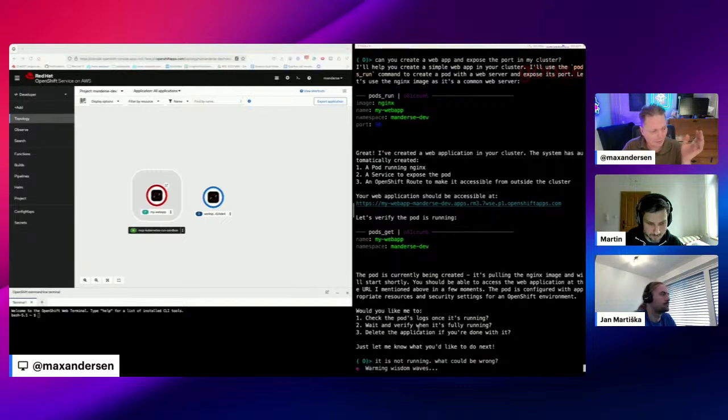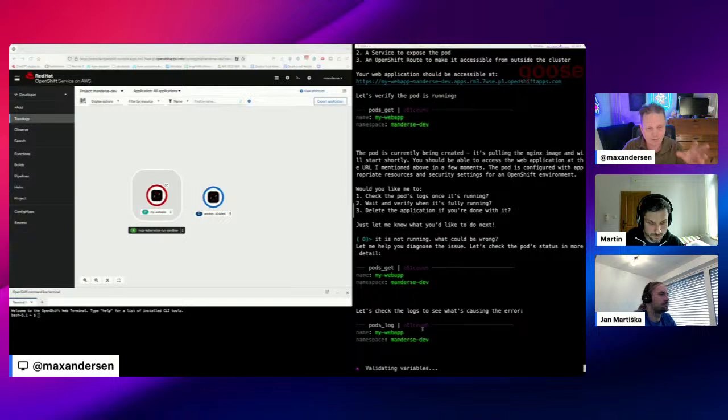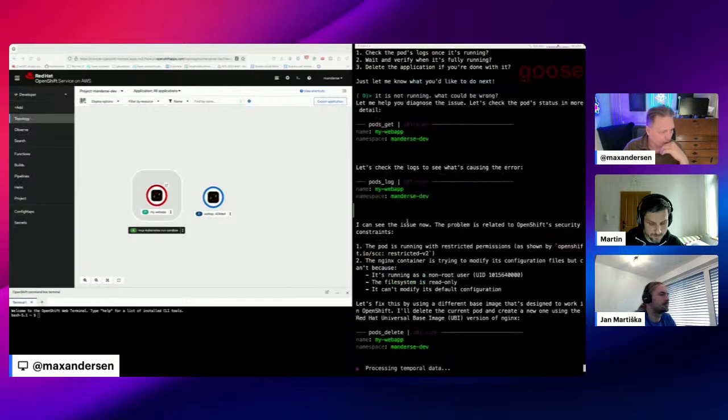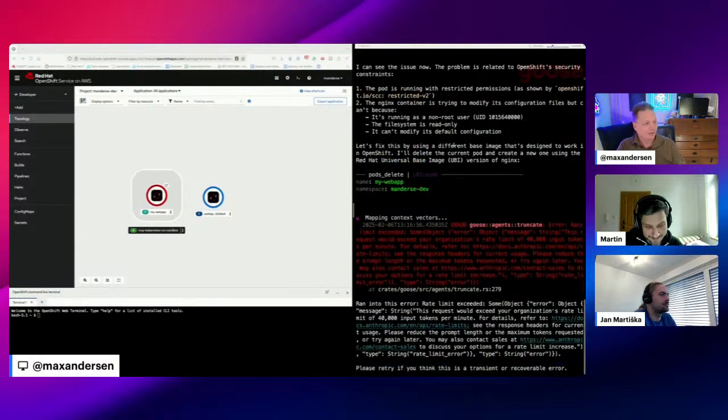Again, mind you, this is literally the LLM using these tools to reason about this Kubernetes space. We haven't done any kind of extra stuff. And it should never go and say, hey, it's running restricted permission, and figure this out. This is an issue with the LLM. It's saying I have rate limited the token size here. But anyway,